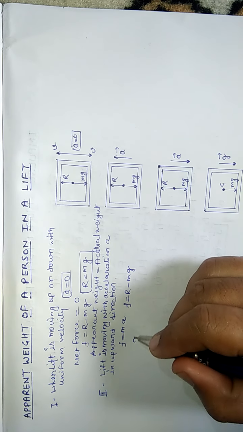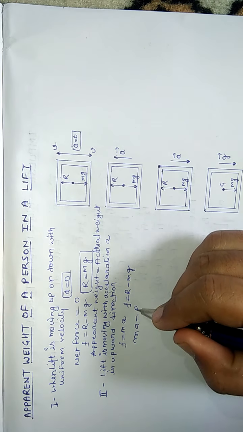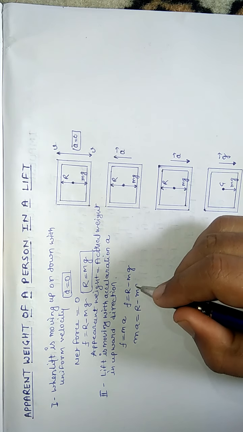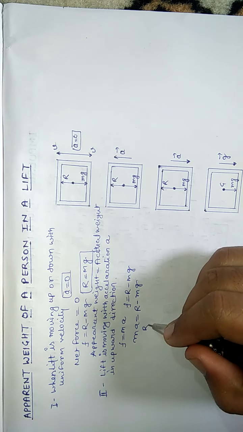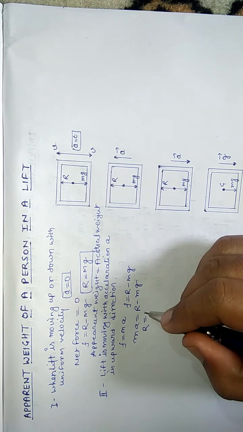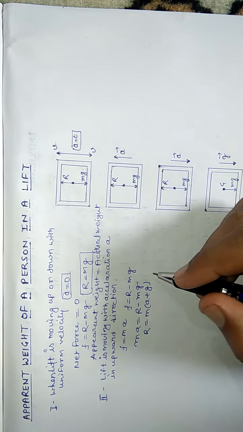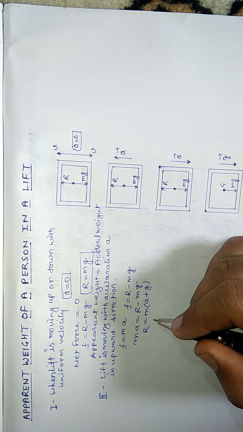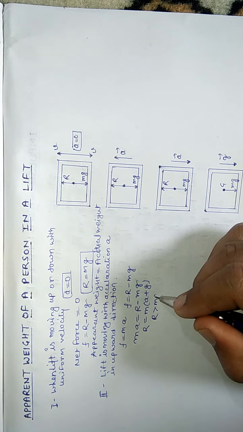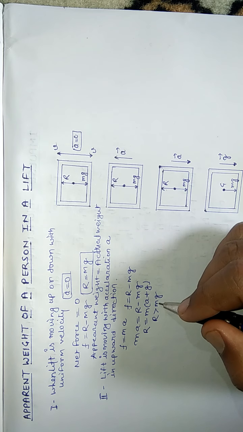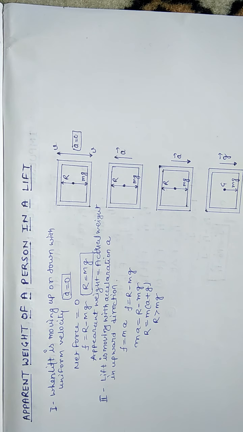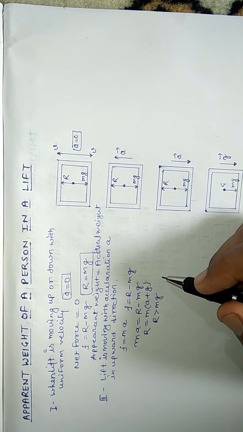Equating these two equations, ma is equal to R minus mg, or R is equal to m(a plus g). This means R is greater than mg. So in this situation the man feels that his weight has increased,